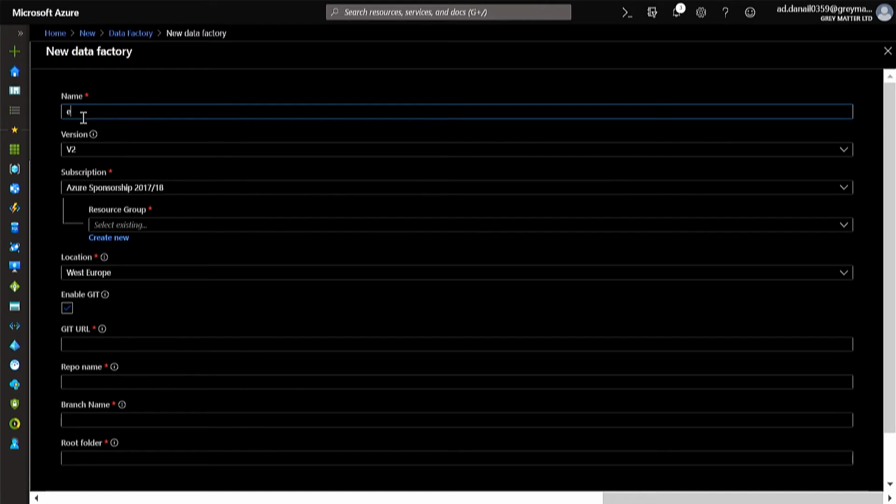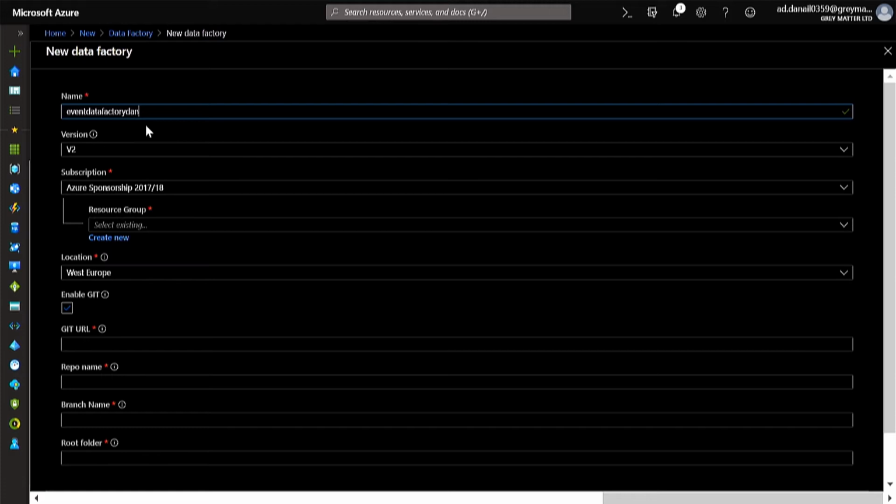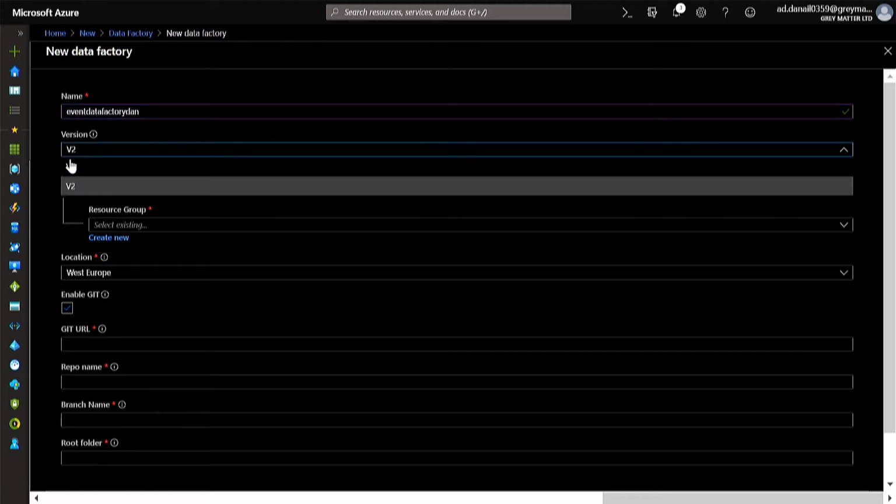We'll specify a name, event data factory, which is already in use. So event data factory Dan, highly original. And I'll pick explicitly version 2, which has got all of the latest functionality that we're going to be utilizing